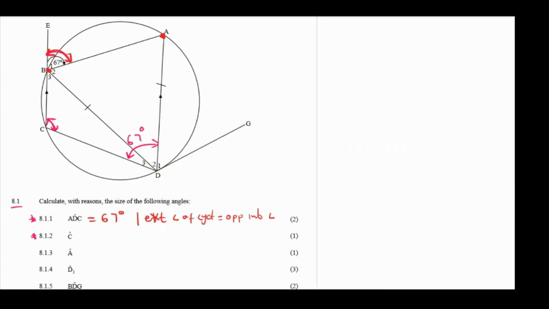So what you need to remember is that this side is parallel to this side, right? So meaning that if this angle of 67 and angle C are co-interior, so if you look at parallel lines, this is parallel to this line, so this angle and this angle added together gives you 180 degrees. So it means now that to find angle C,